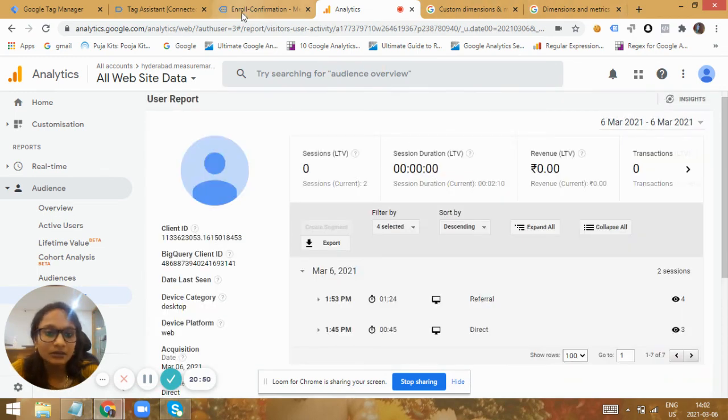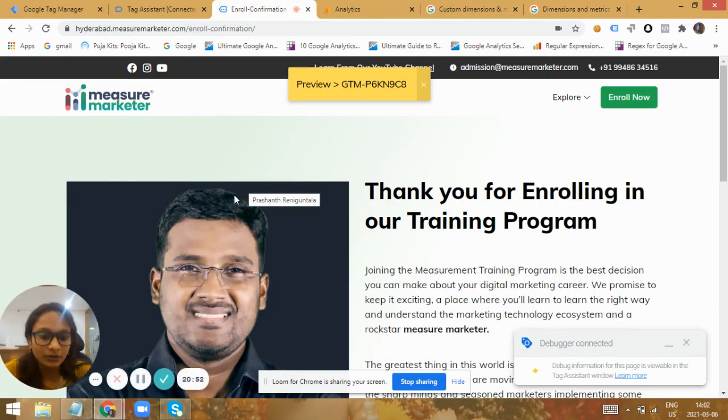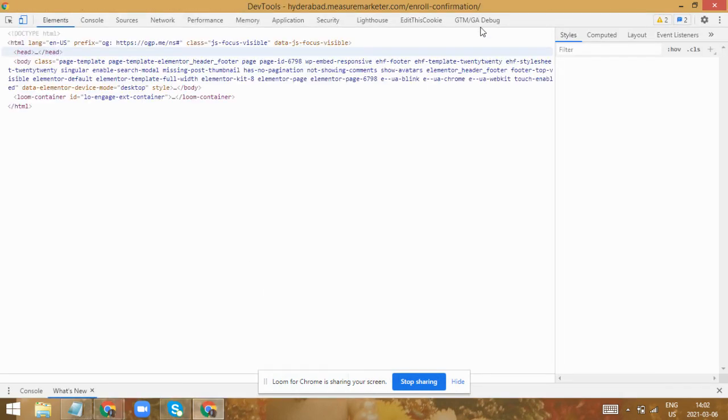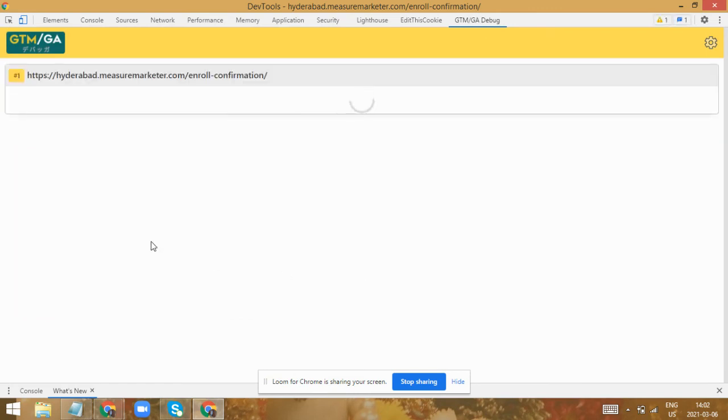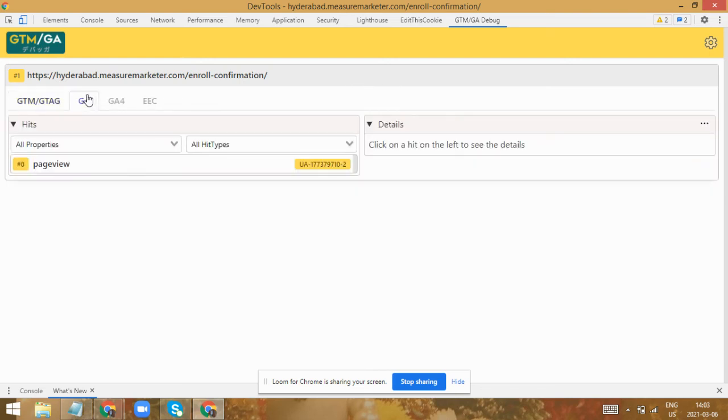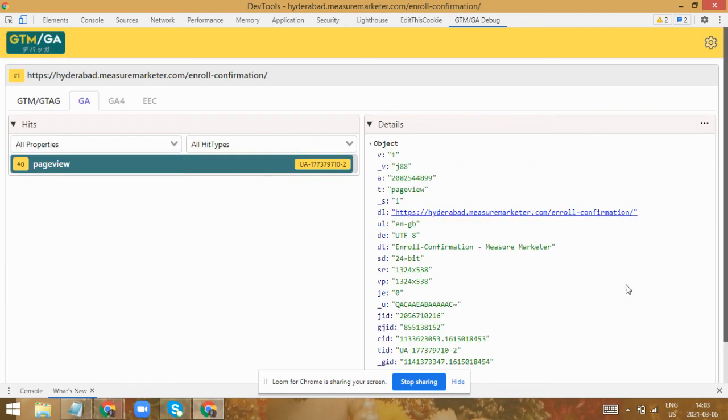or maybe the client ID that I have gone to, let me see that in the console. Here all the hits sent to Google Analytics would be displayed in the console over here in GA. You can just identify that and get the client ID from here.